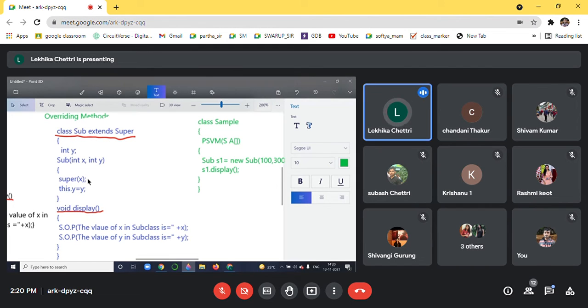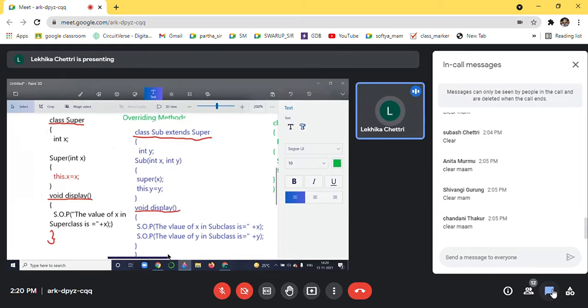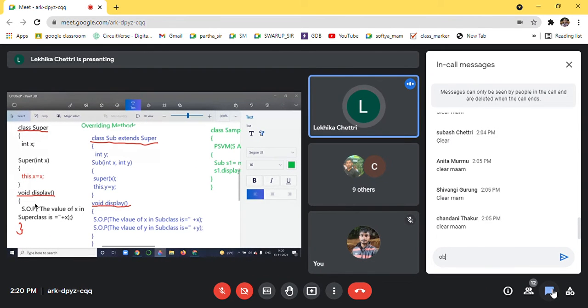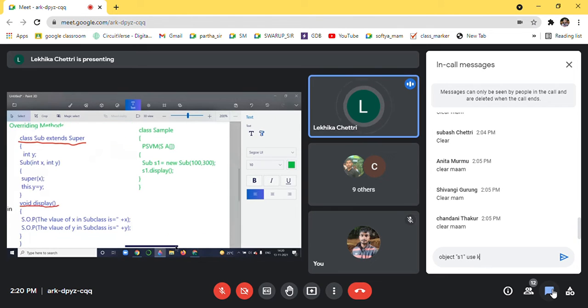But because here we did overriding, the first value 100 will never reach here. This part of the code will not execute, only this part of the code will execute, and the output that you will get is